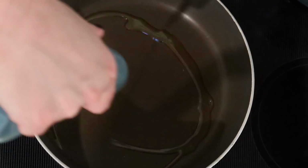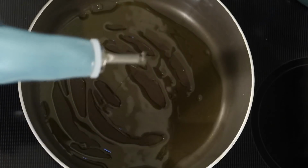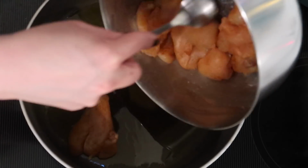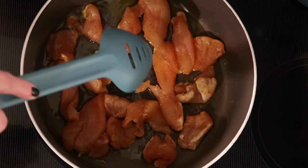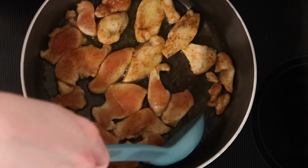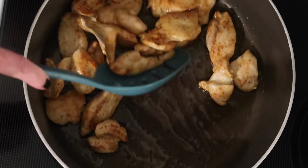So back in a large skillet, adding a couple tablespoons of extra virgin olive oil over medium to medium high heat, and adding in that chicken that we seasoned earlier. And this recipe is only making 2 servings. You just really need to cook the chicken. If it's sliced thinly like this, just a couple minutes on each side will get it cooked all the way through. And once it is, I am just gonna go ahead and give it a nice toss here,